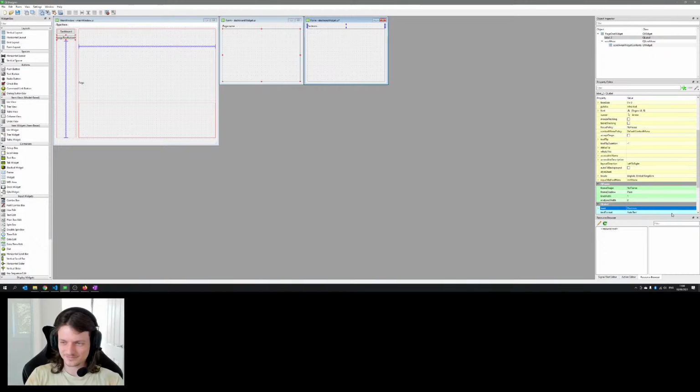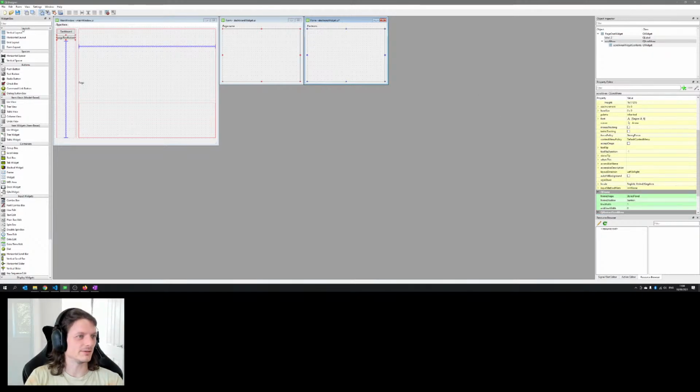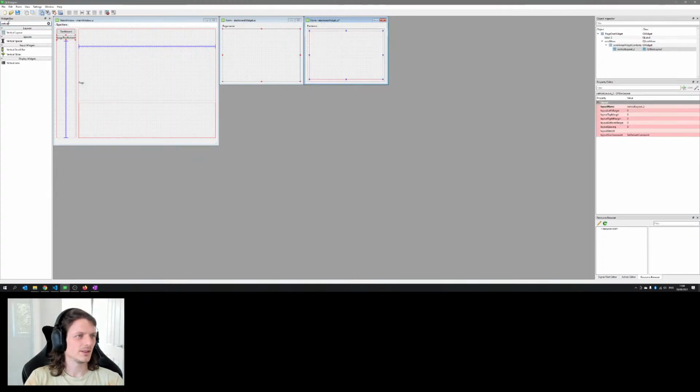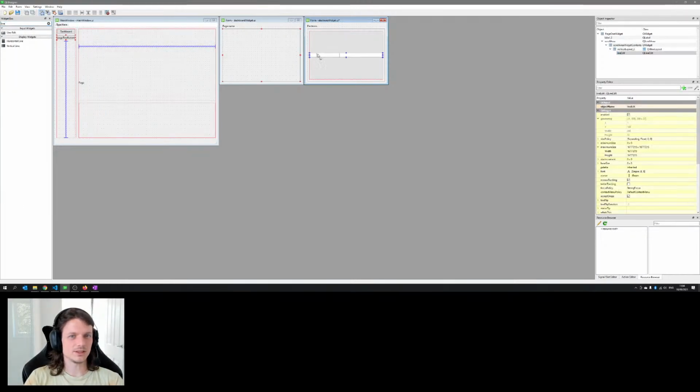And then inside here, we're going to have input fields. Was it line edit? That's the one. And we need this to be a vertical layout. Line edit, line edit, line edit.